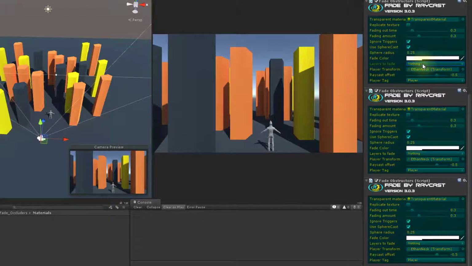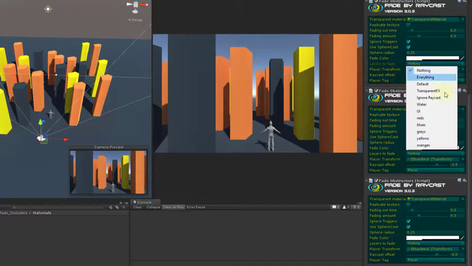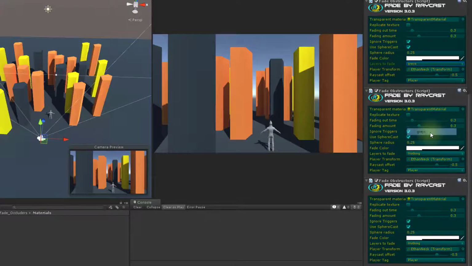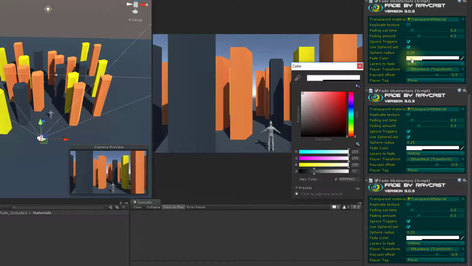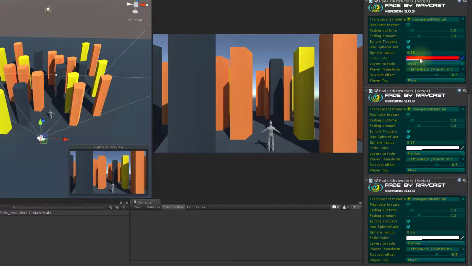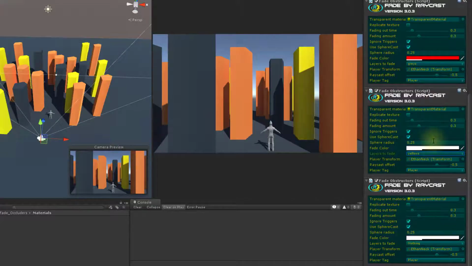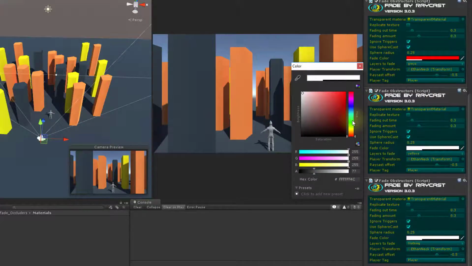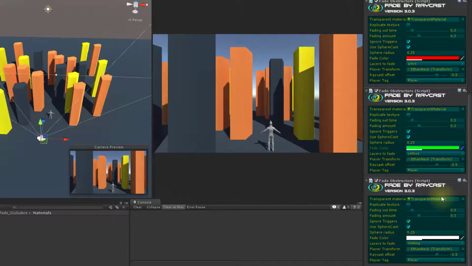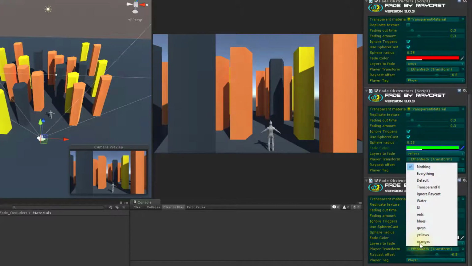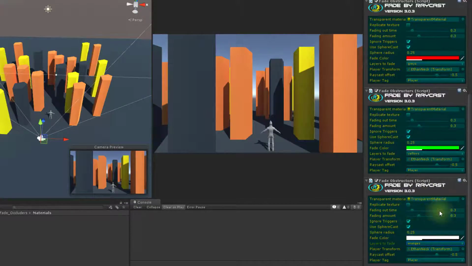So let's say that this one is going to go for the grays. And I want the grays to fade using a red color. Then I want the yellows. I want the yellows fade and use green, bright green color. And then the grays, the yellows, the oranges. Now the oranges, let's